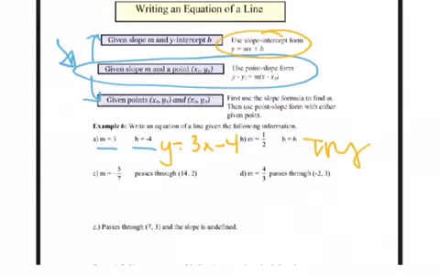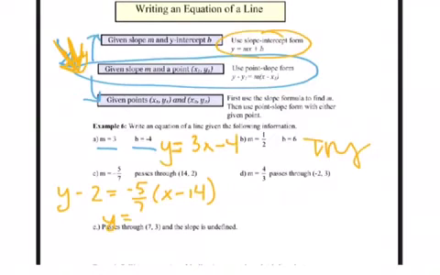Okay, now for the next set, I have m and a point. So I'm going to use my favorite one. Okay, so I have y minus y1, which is 2, negative 5 over 7 for m, and x minus 14 for x1. I could solve this for y. You don't have to, but you could solve this for y. If I did, I would get negative 5 over 7 x plus 12. So maybe take a second and make sure that that's what you get. Okay. Then I want you to try